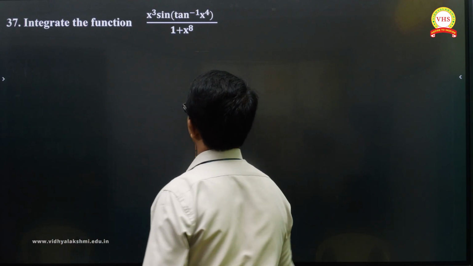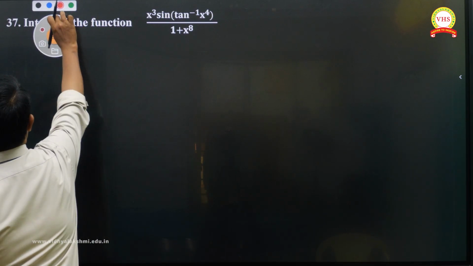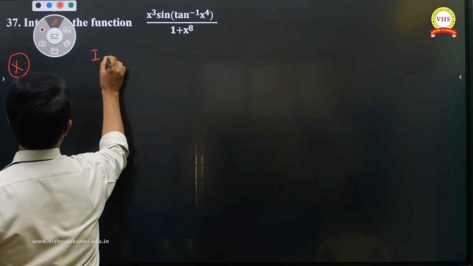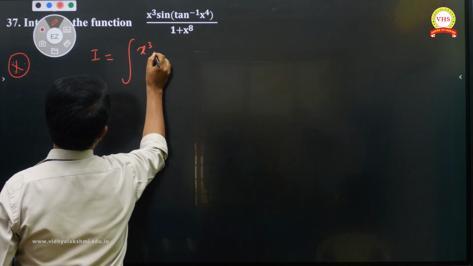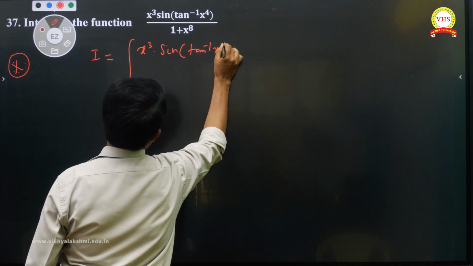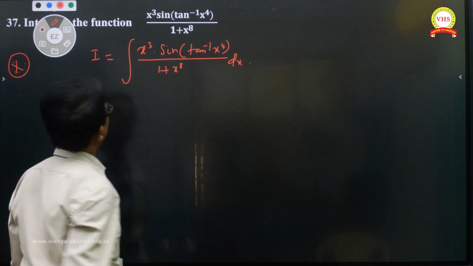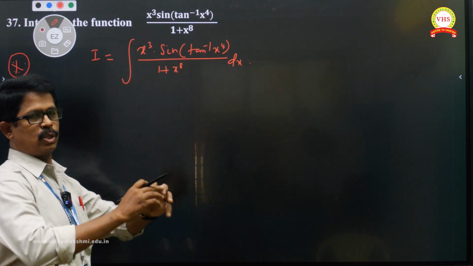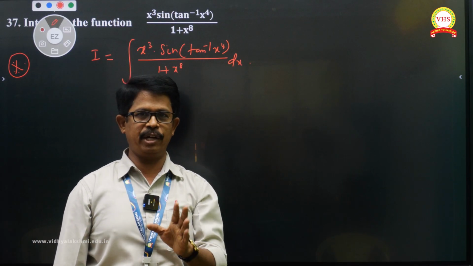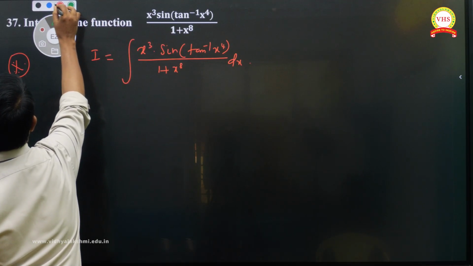Can we go to question number 37? Yes, it is an important question. Carefully listen, students. I equals the integral of x cube into sine of tan inverse x power 4, whole divided by 1 plus x power 8, into dx. When you see the sum, it looks tough, but it is very easy. We could do the sum in 2-3 steps, but I am going to do it directly with one substitution method. Take t as